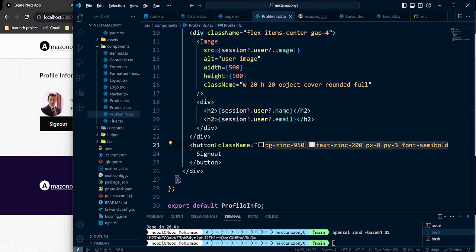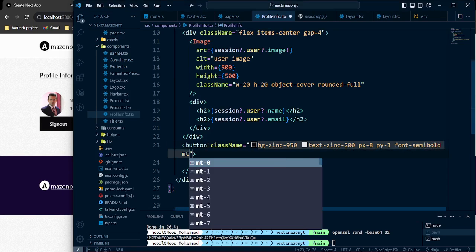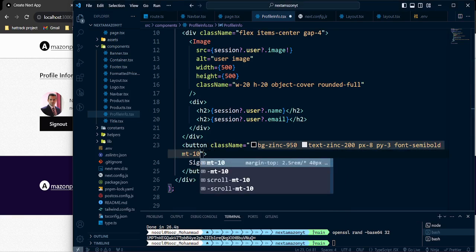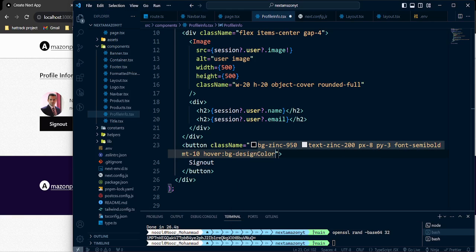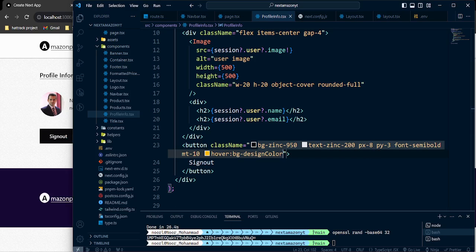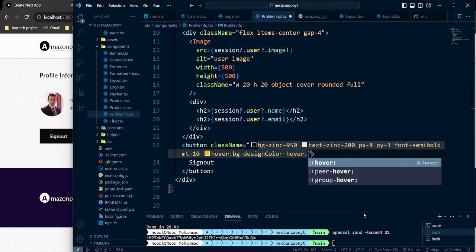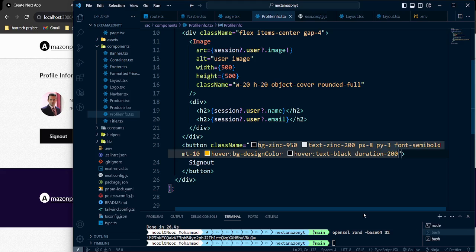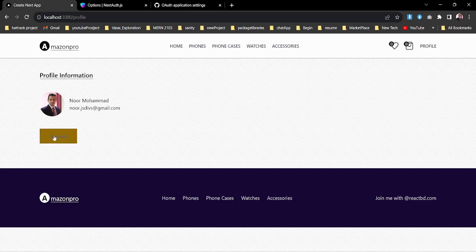Okay, looks cool. Font semi-bold, and margin top gonna be 10, and whenever I hover, bg will be the design color. Okay, and also after making the design color, on hover the text gonna be black, and duration gonna be 200. So as you see,